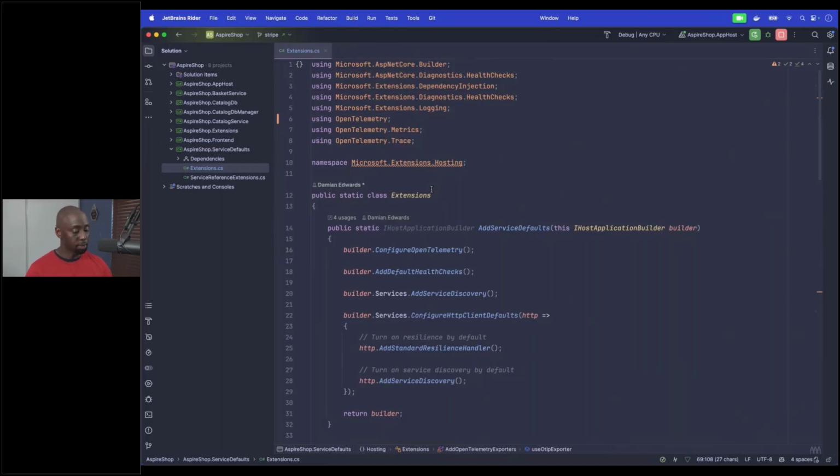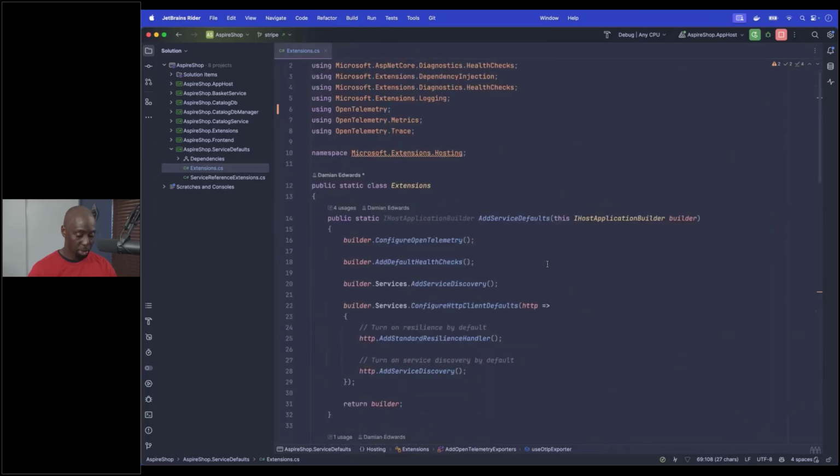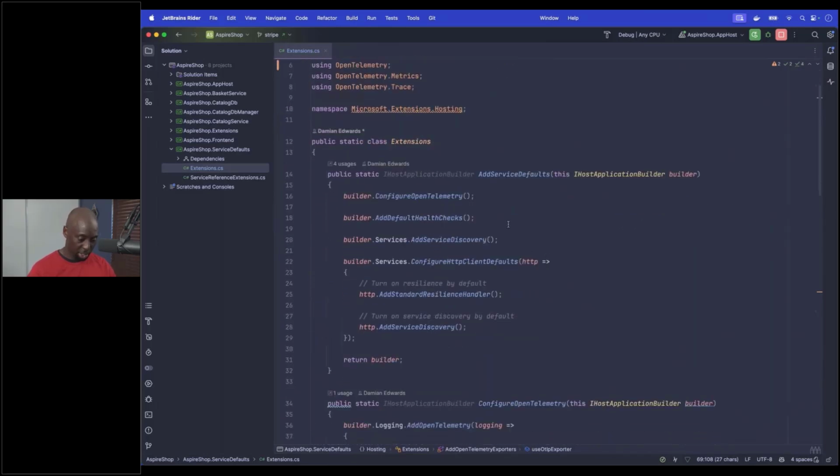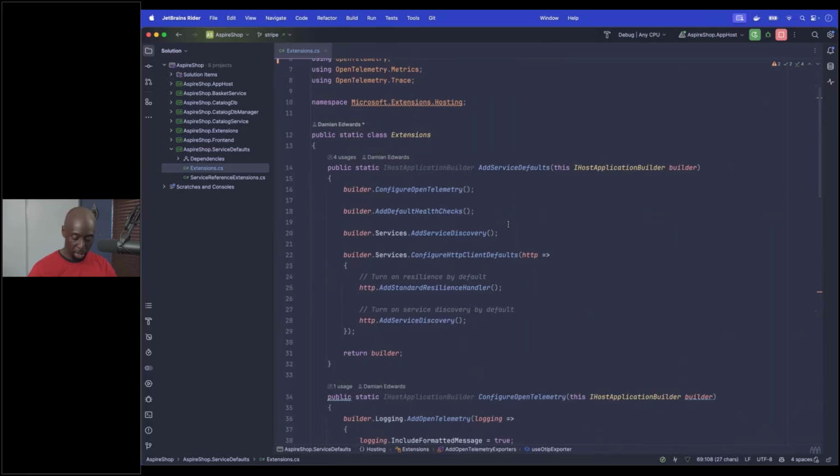How does that happen? Well, there's some code that gets added to a project inside of your application. That code is called the service defaults. And inside of there, it's essentially a collection of opinionated extension methods and setup to add a lot of these features to your application. So if I was supposed to zoom in here really quickly, I don't know why I feel like this font has just gotten smaller. Maybe it's me. Anyway, if you take a look inside of the extensions.cs file inside of service defaults, what you'll notice is that,